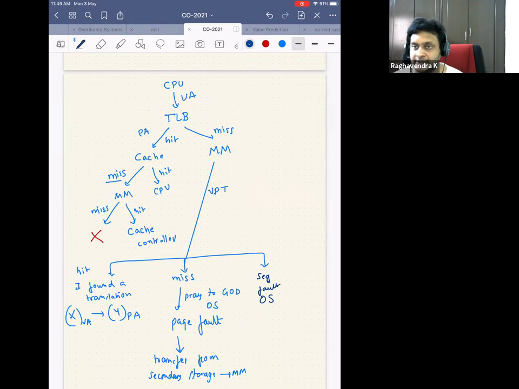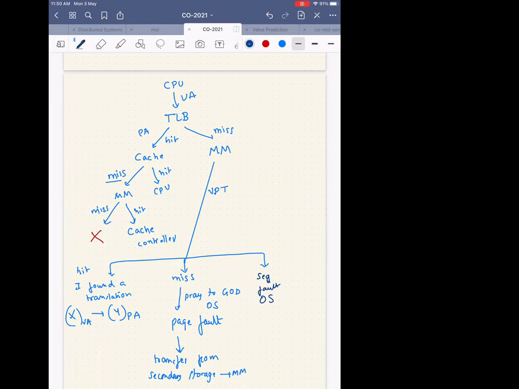So the operating system interferes. It says, okay, this guy has generated a miss and is asking me to bring a block page from the secondary storage which does not even exist. Which means that he is trying to do some mischief and it will be killed. So this is one of the reasons of the segfault. Generally, in modern day process, there are other reasons where segfault comes. Generally, it's if you are accessing 0x0 or some reserved address space or something like that. Is this clear?